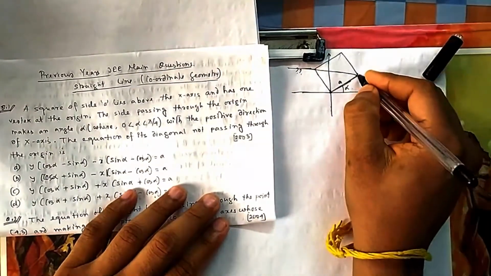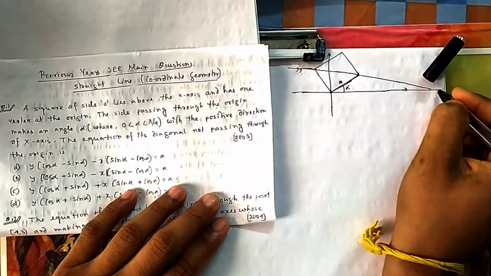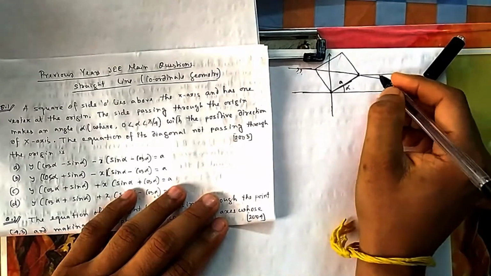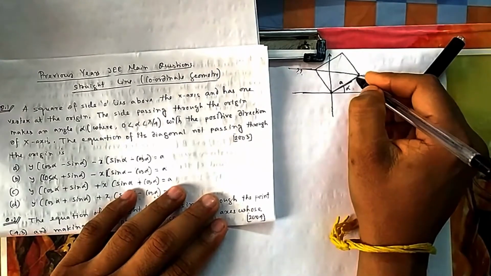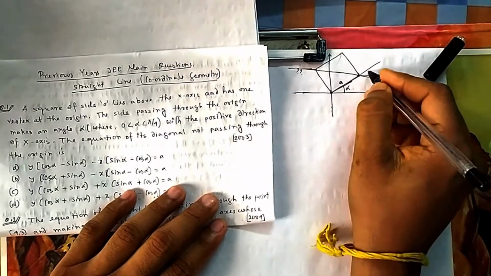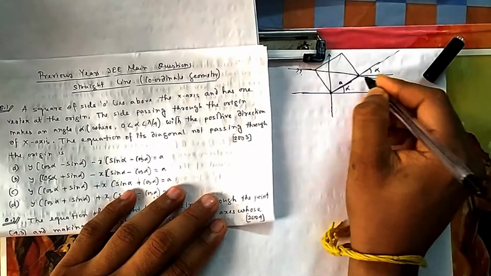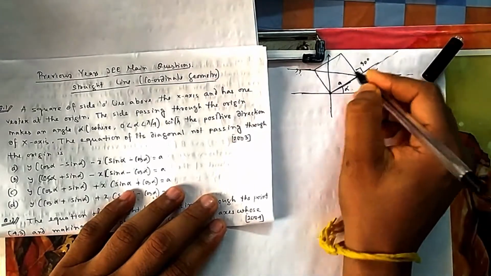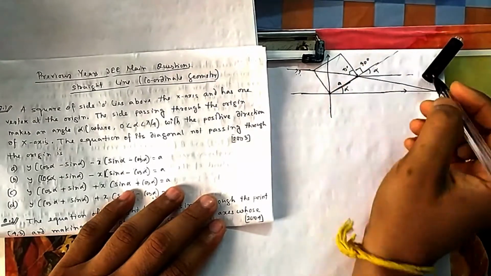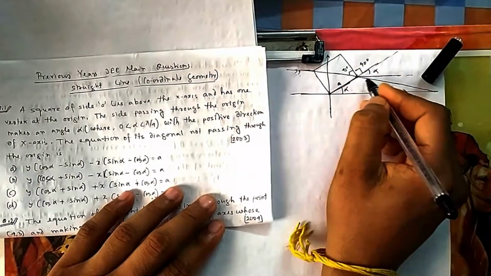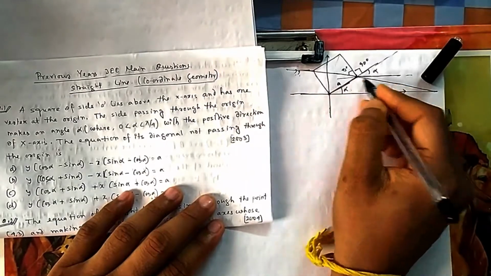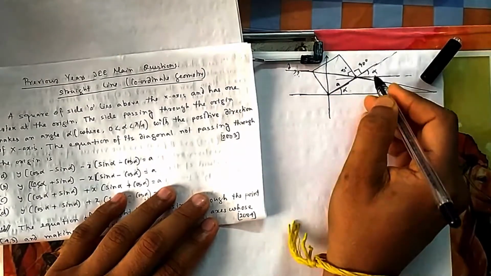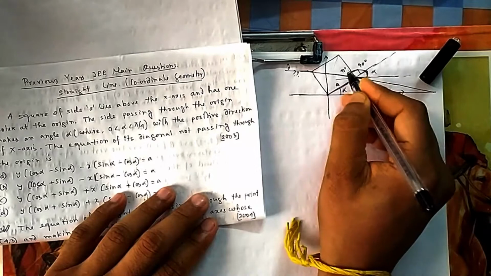Now if you see this line, and if I draw a line parallel to this, or you can draw this one, if I extend this, what is this angle? This angle is also alpha. Suppose this is my x-axis. What is this angle? This is 90 degrees. And what is this angle? This is 45. So with the x-axis, what angle is this line making? This is the diagonal that they are asking about.